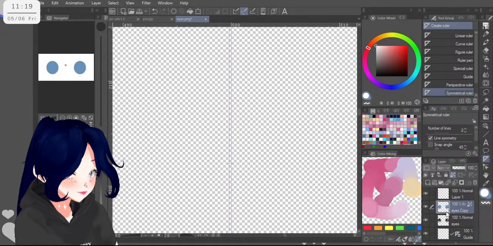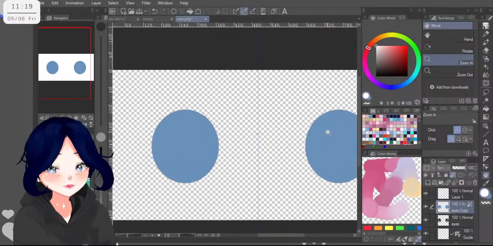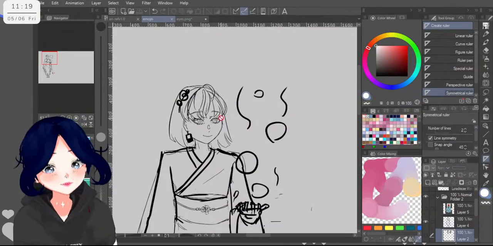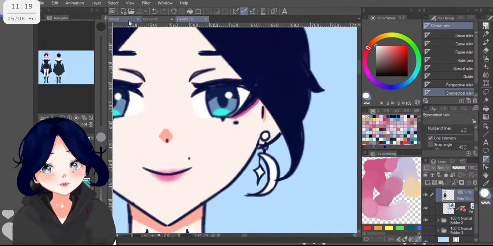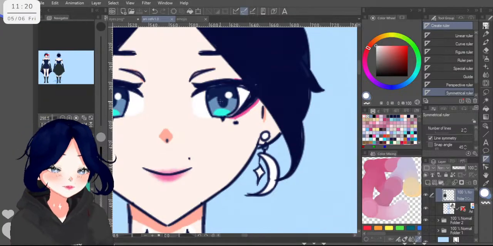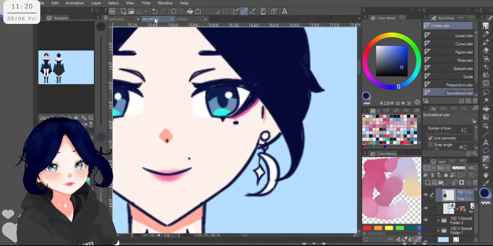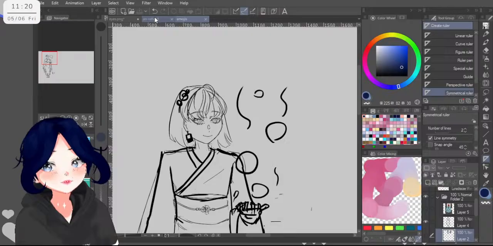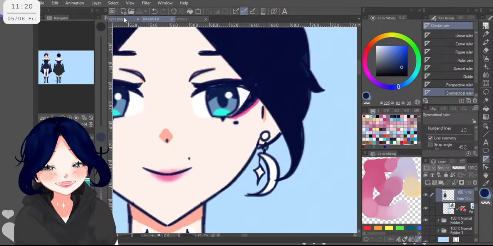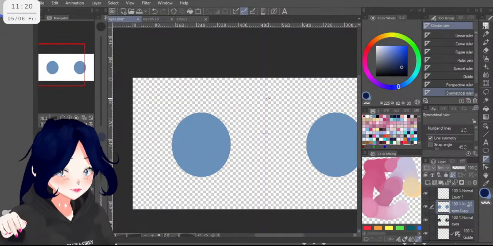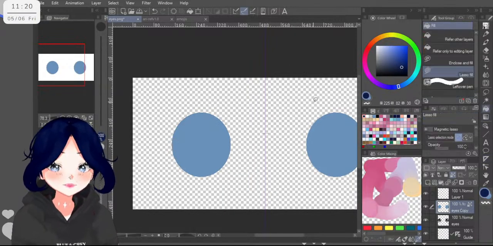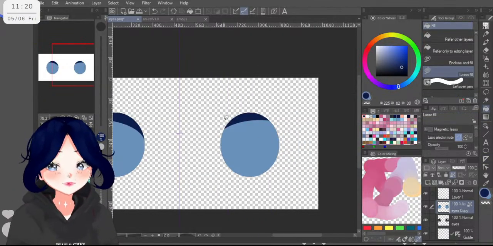So in the layers, okay, here. And what else do we have? Here, this darker shade of blue here.